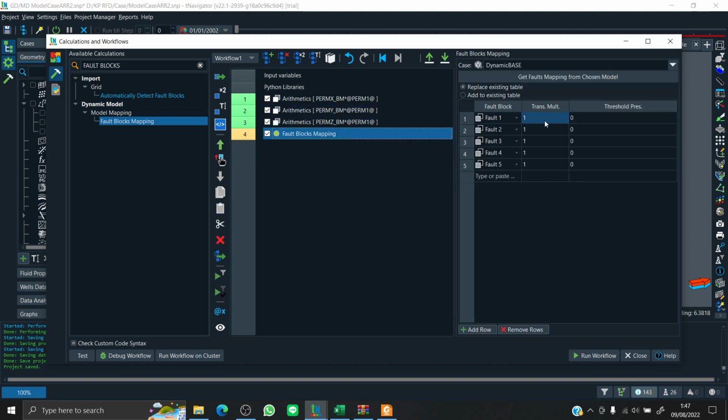So our transmissibility multiplier is the variable, so we're just gonna put F1, the name of the variable, to the corresponding fault transmissibility multiplier.